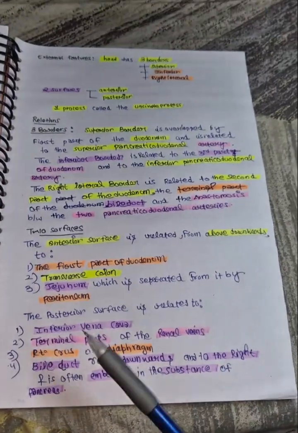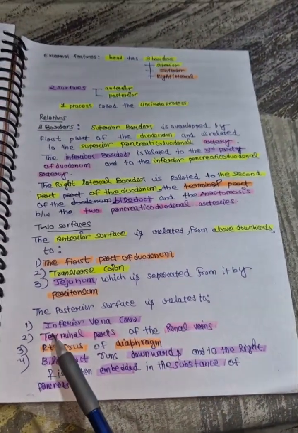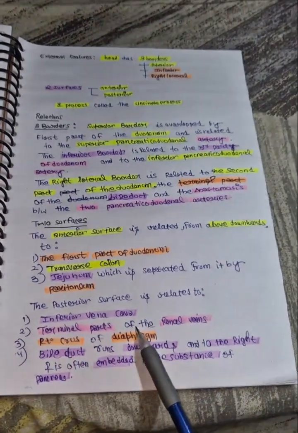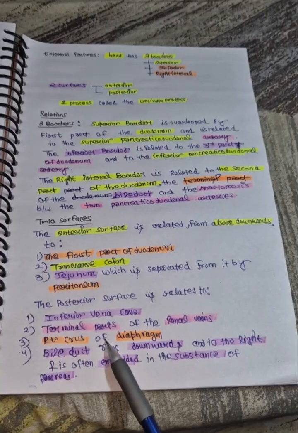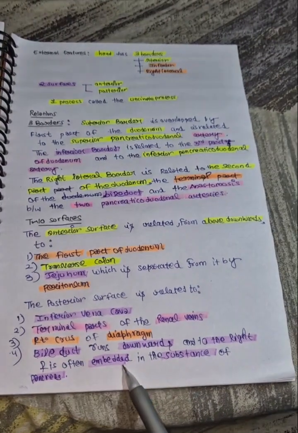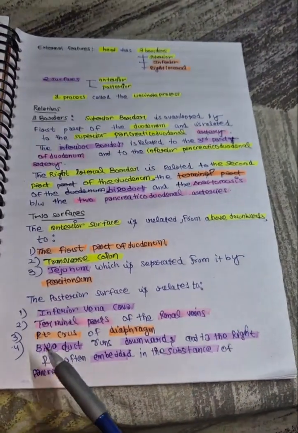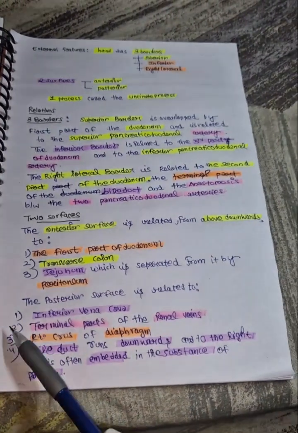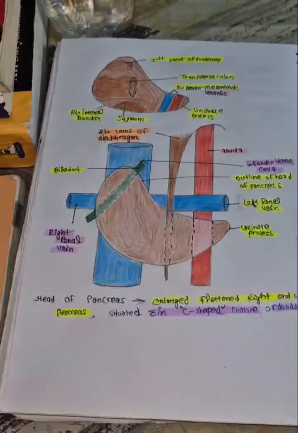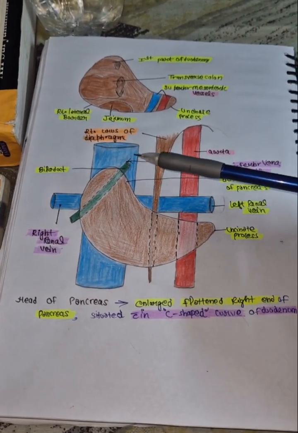Now the posterior surface of the head of pancreas is related to the inferior vena cava, terminal parts of the renal veins, and right crus of diaphragm. The bile duct runs downward and to the right and is often embedded in the substance of the pancreas. So mainly we have to remember only the bile duct, right crus of diaphragm, terminal parts of the renal veins and inferior vena cava. Now, so the posterior surface is related to the